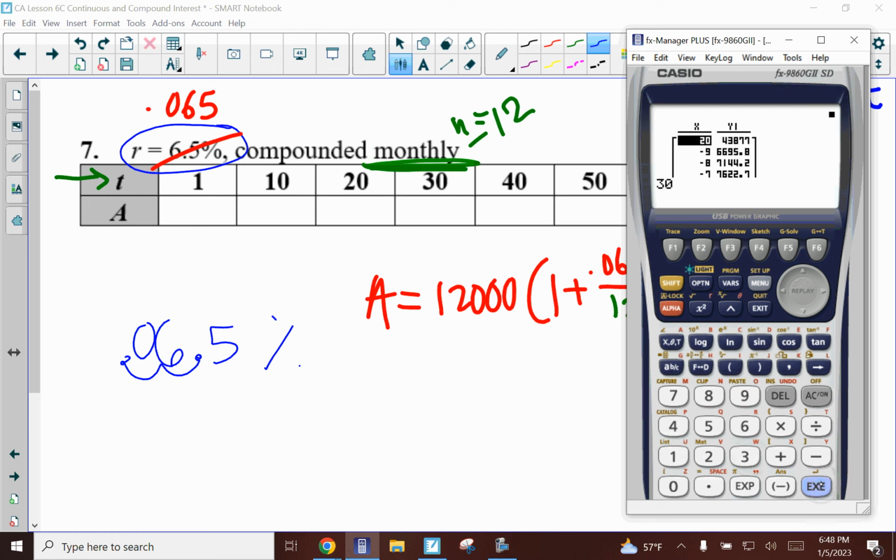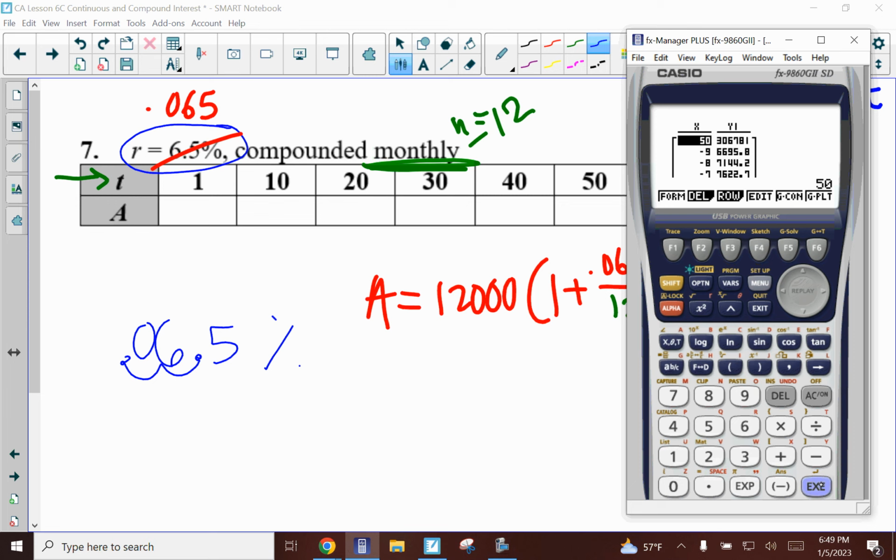After 30 years, which is a typical amount of time that you have to work to retire, $83,901. 40 years, if you decide to keep working, that account is going to have $160,435. And then if you're crazy and you work for 50 straight years, your account is going to have